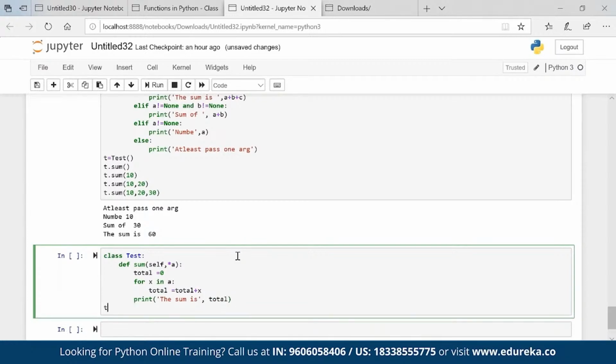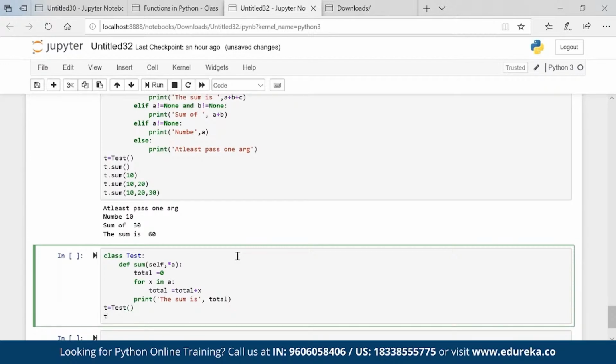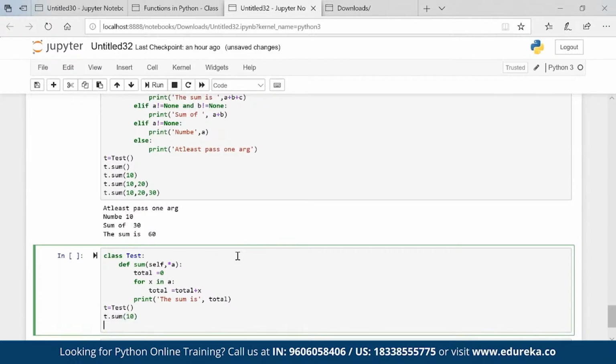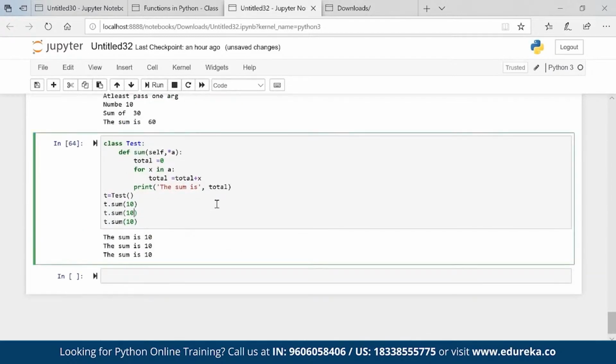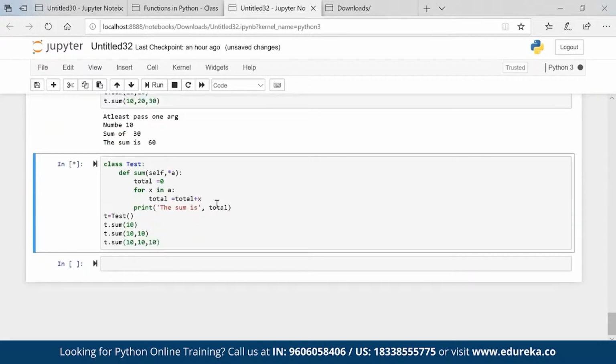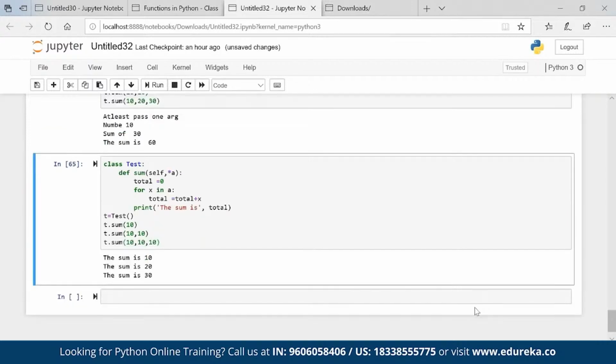Simple, right? t is equal to Test, t.sum, and pass the value 10, 10, 10, 10, 10. Execute: 10, 20, 30. Okay,